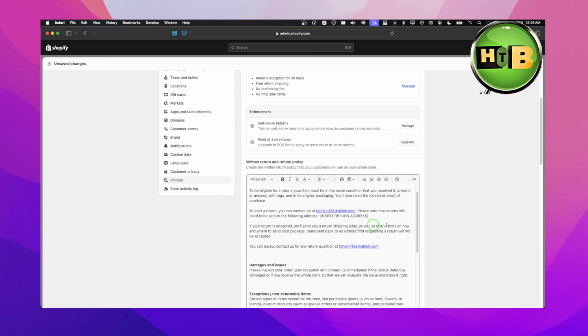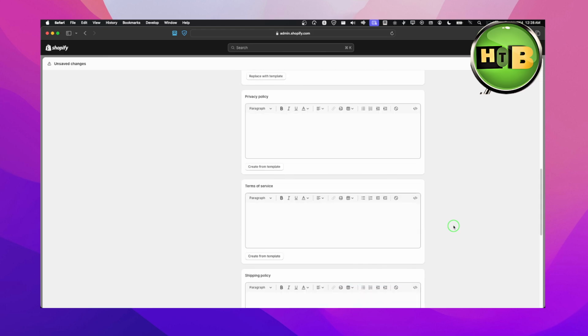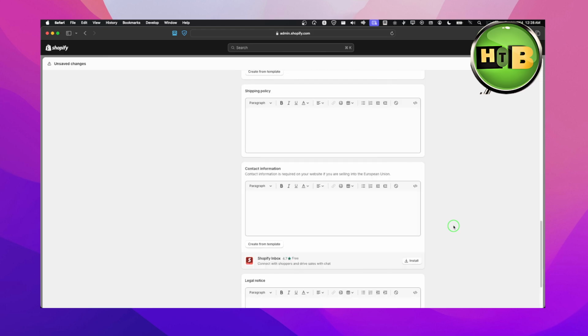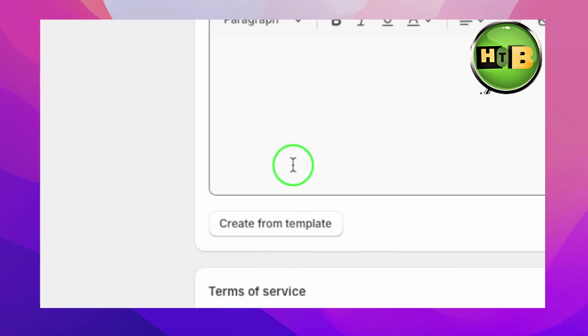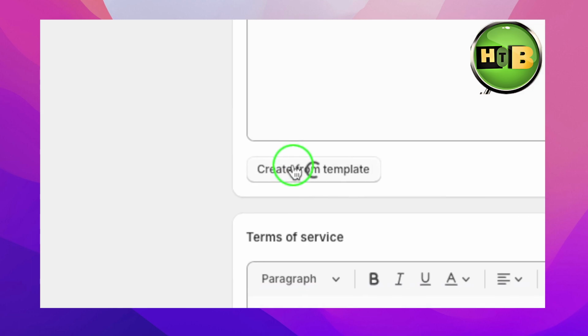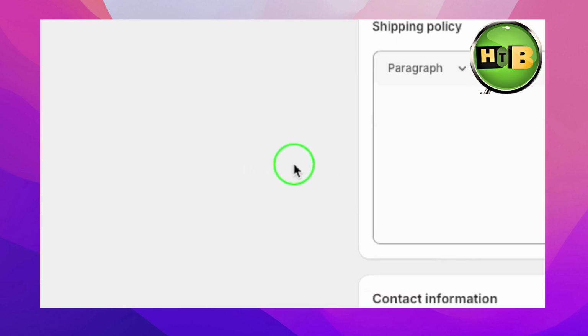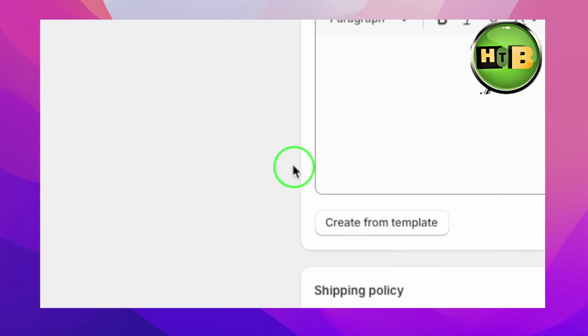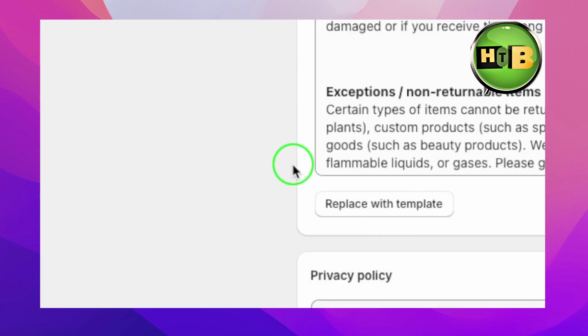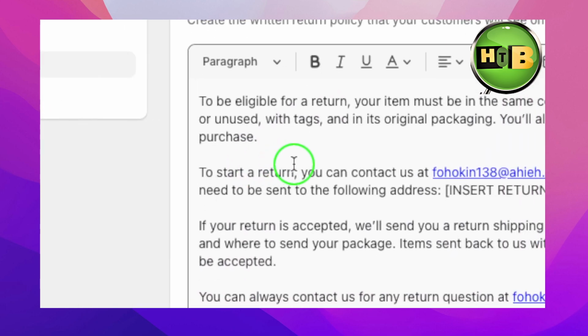You just need to insert your address, and then here, if you also like to add some shipping policy or privacy policy, you can click on create from template. Pretty helpful. Also, we have contact, legal notice, terms of service, and probably you don't see any changes